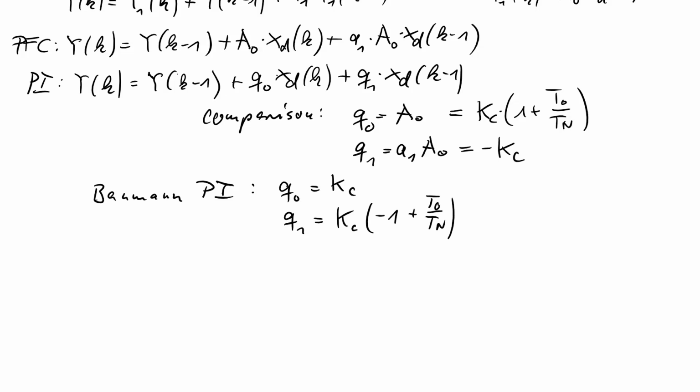It's very similar in the behavior, but now we can see what is better. So Kc is A sub O, and this gives then A sub O times 1 minus 1